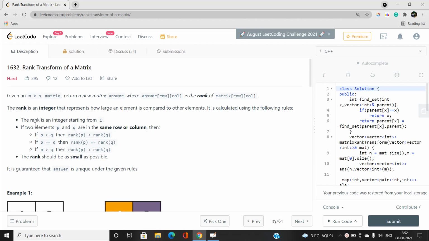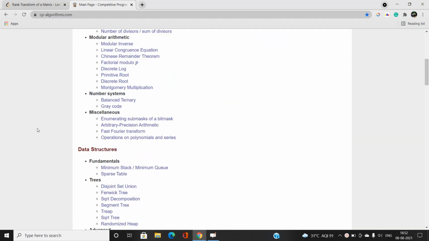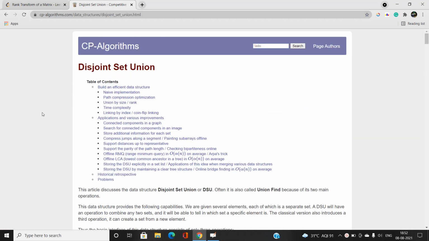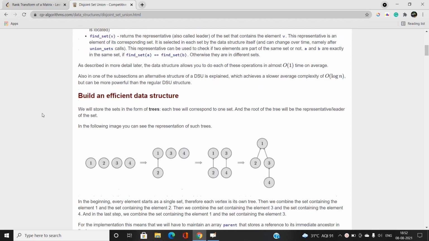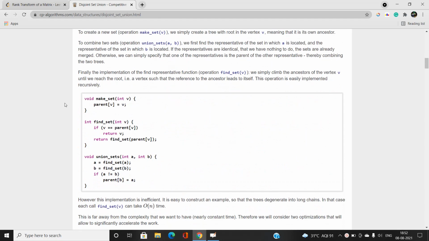For this problem, I will just refer you to learn the disjoint set union data structure. In this tutorial, you are going to learn how to connect different connected components, and how to use the find set and union set functions of this data structure.